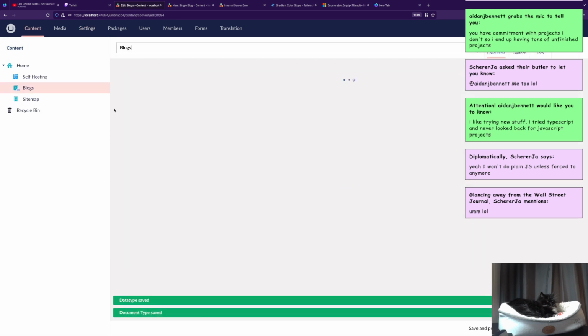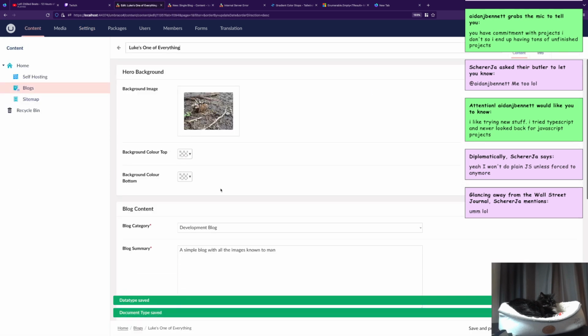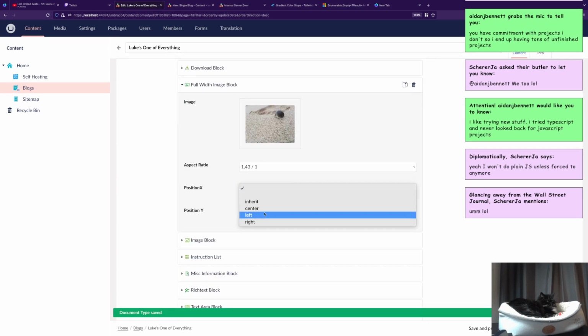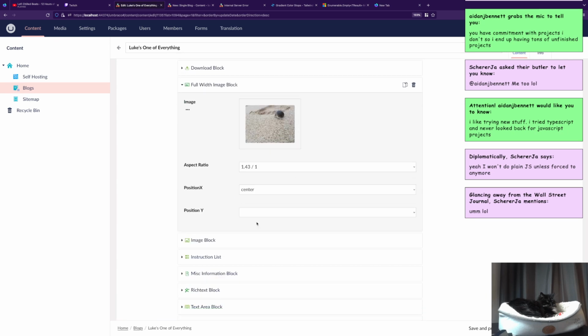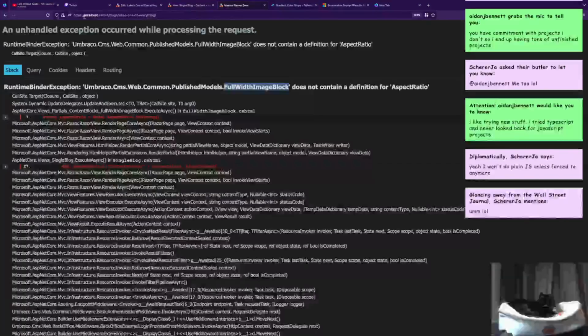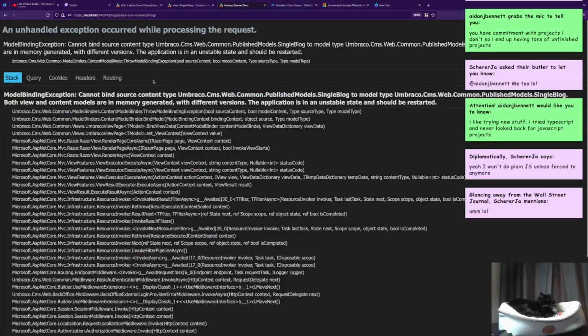So save that, go back to content, let's go back to blogs, looks one of everything. Let's scroll down, let's hit the full image. So we've got everything in here. We just want to go center. Let's do top. Let's go save. Let's go over here, let's hit refresh. So our new issue is single block, cannot bind source content type Umbraco web common publish single blog to model type,